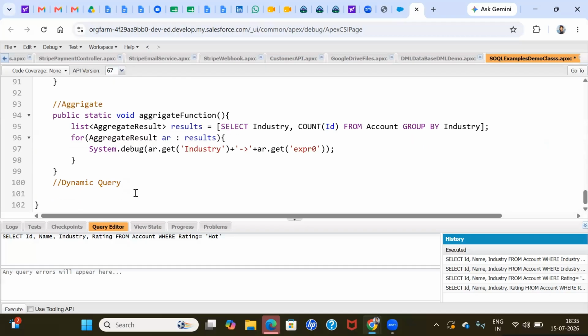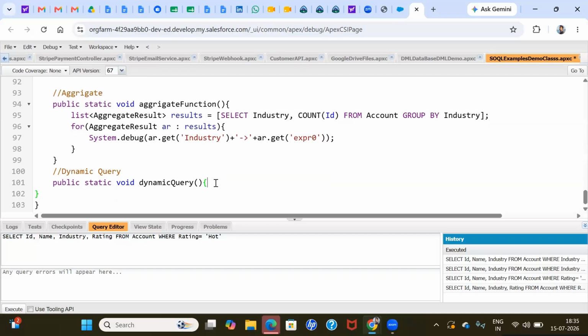Dynamic SOQL, how does it look exactly? Public static void dynamic. Guys, understand very clearly this one. Dynamic SOQL. How we can use the dynamic SOQL. First of all, we need to declare a string, guys. String, and my variable name is industry